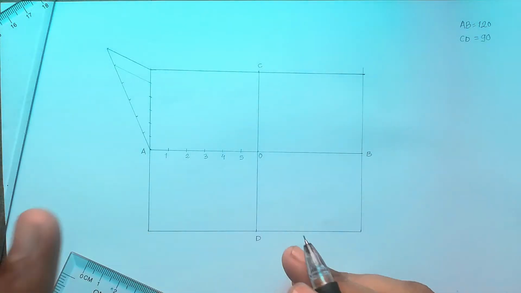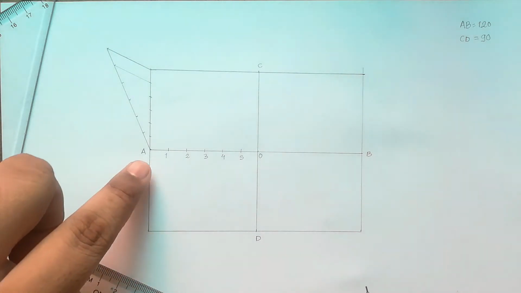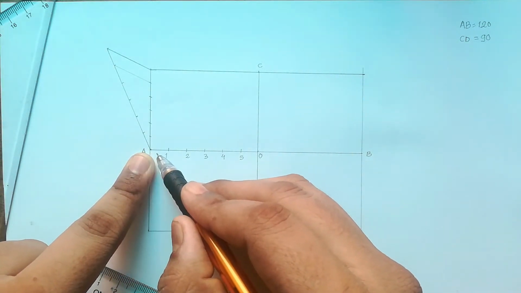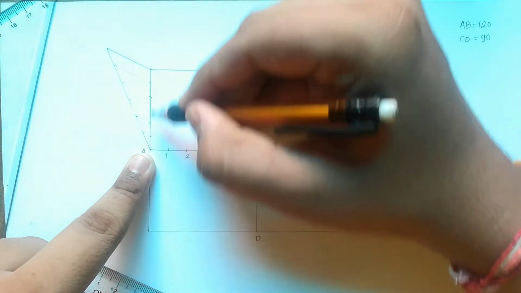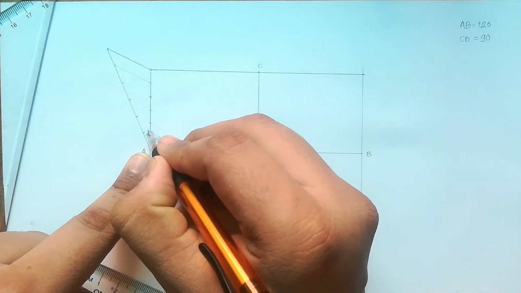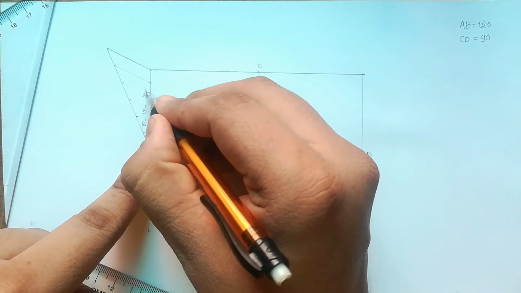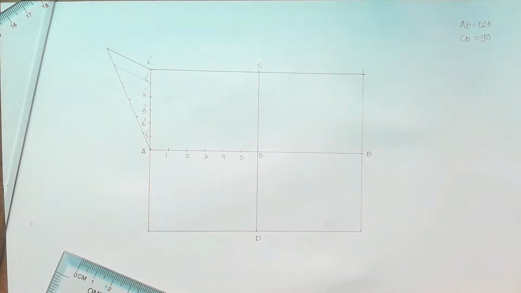So let me just give the numbering. Now over here, just understand one thing: the numbering will always start from this point. If you start giving numbering like this, 1 2 3 4 5 in the horizontal line, you have to give the numbering in the same way for this vertical numbering. So I will start from 1 over here. This is my 1 dash, this will be 2 dash, 3 dash, 4 dash, 5 dash, 6 dash. Clear?